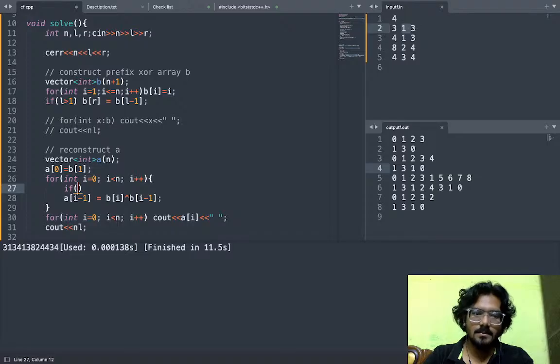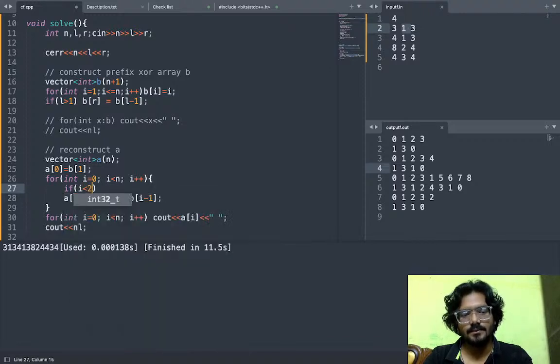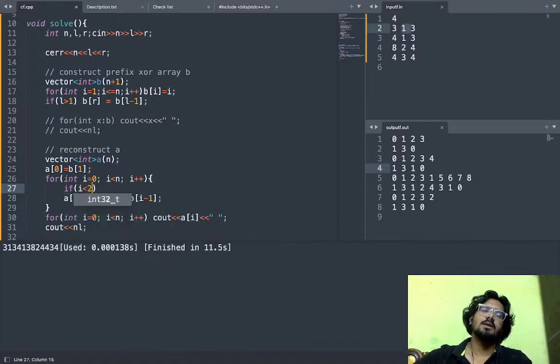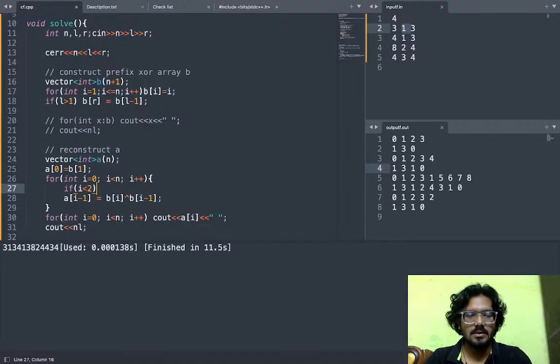If I is less than 2, that means we are getting I less than 1 minus 1, we will get it is 0. Less than 2, then